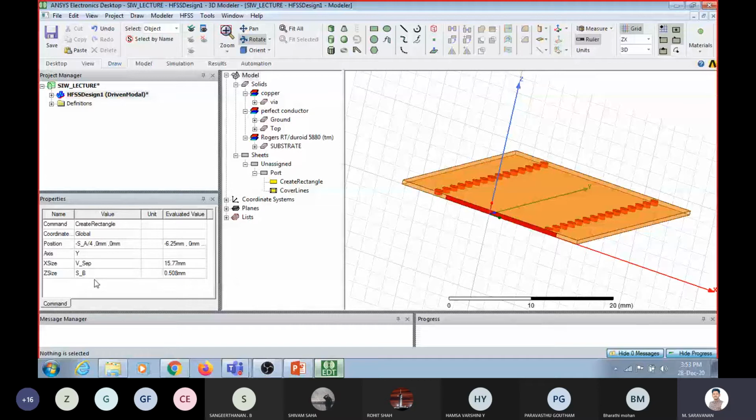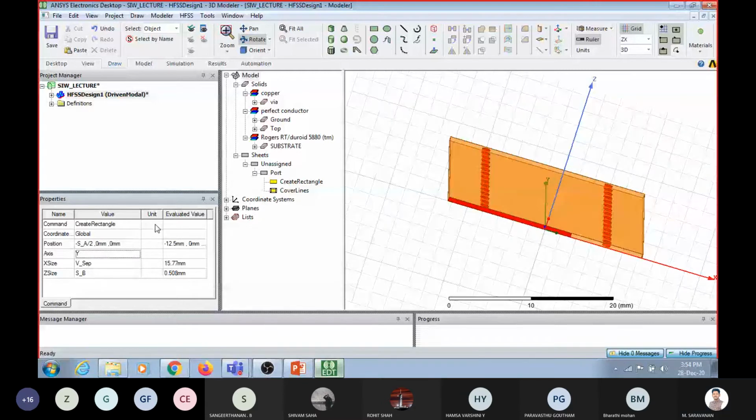No problem with that. Zero mm means from 0 mm. So not x, it has to be the separation distance, V underscore separation divided by 2. Okay, now it is exactly at the center, because this is the V separation distance, so I move half of the V separation distance.